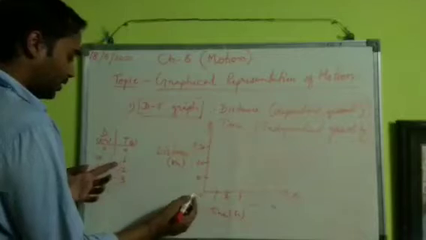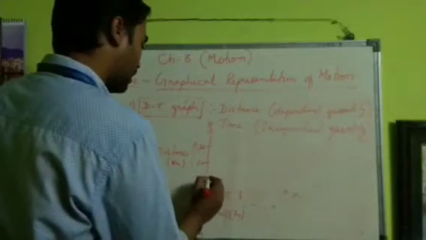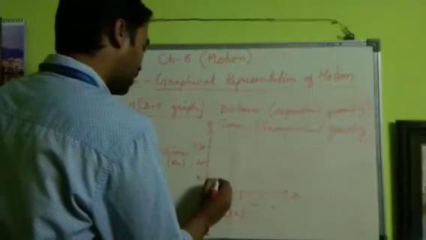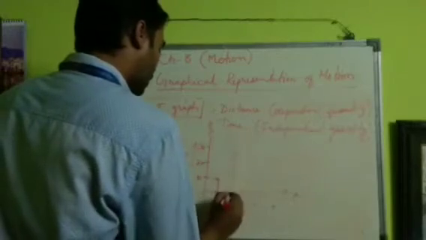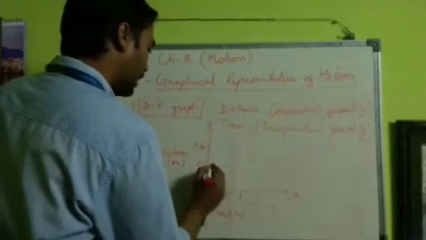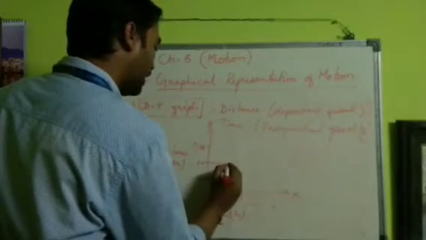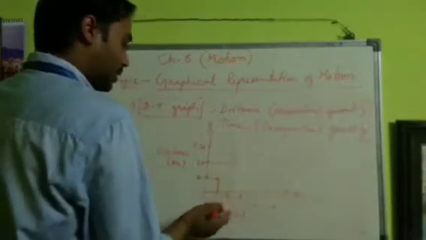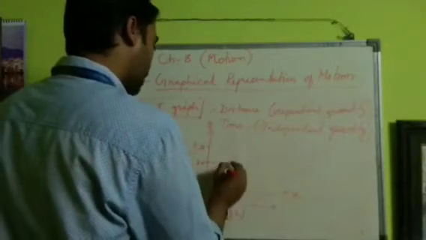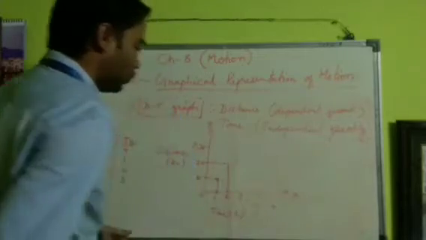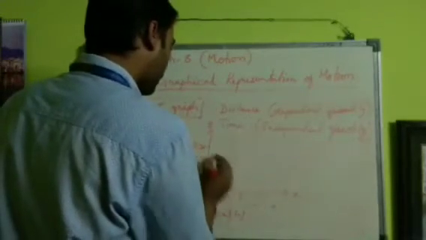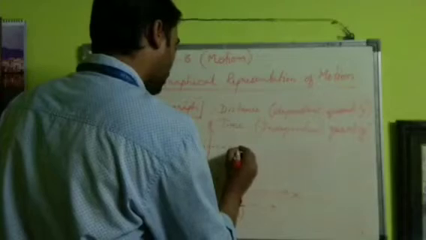So at the end of 1 hour, what is the distance? It is 10. So draw a line here. Similarly, draw a perpendicular line corresponding to 1. So this is our first point. Then for 2 hours, the distance is what? 20. So here again draw a perpendicular from 20 parallel to x-axis, and then similarly draw a perpendicular parallel to y-axis on 2. Similarly for 30 also.